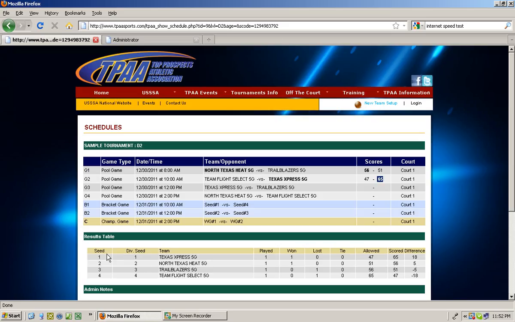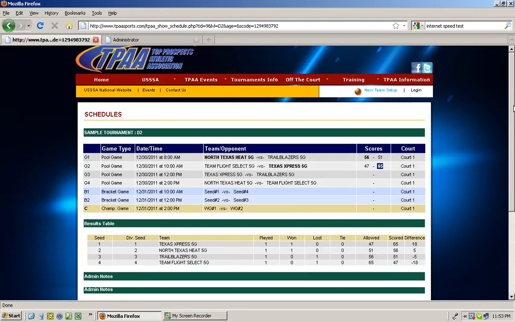Seed and division seed. This will come into play if we have combined divisions. For instance, if we have played for pool purposes, if we have combined the 4th grade and the 5th grade, and then on Sunday we're separating them in separate brackets. That's kind of where those 2 columns will come into play. Right now we're in 1 bracket, 1 pool, single age, so both of those should be the same, and they